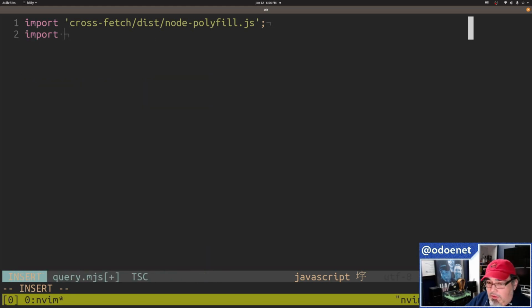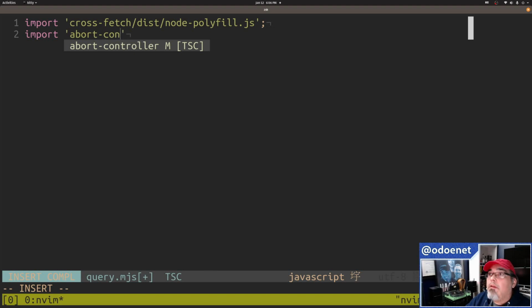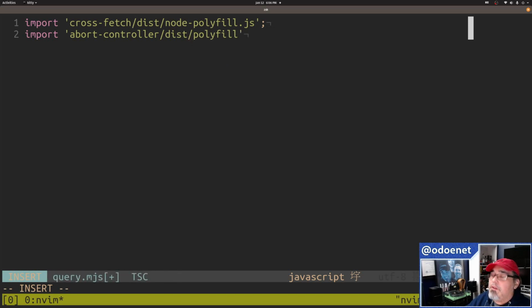So let's do that. I'm also going to bring in the abort controller, and again go to dist, and I think it's just regular polyfill. Yeah, there we go. I thought so. And yes, I like semicolons. Okay,